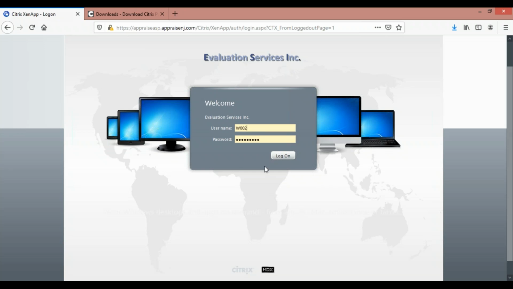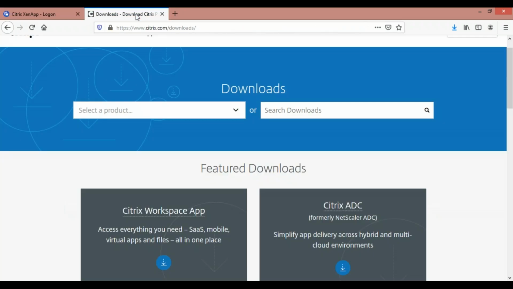I'm going to click on, actually, I want to let you know the underlying technology behind our Appraise ASP software as a service solution is Citrix. So the only application which does need to be installed into your browser is what's called the Citrix Workspace app. I'm taking you here to the Citrix website, the downloads portion. And the Citrix Workspace app is a product which is downloaded, and then your browser sees it and it goes, hey, I now know how this system works, and allows you to access the hosted application and stores your data